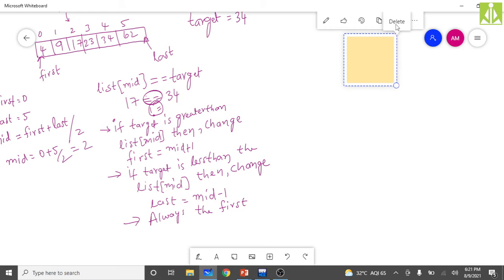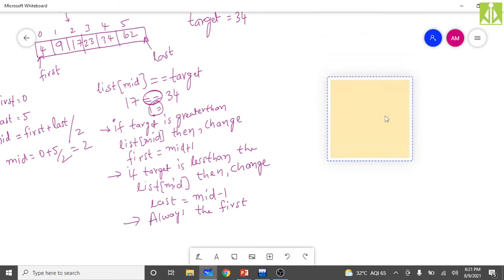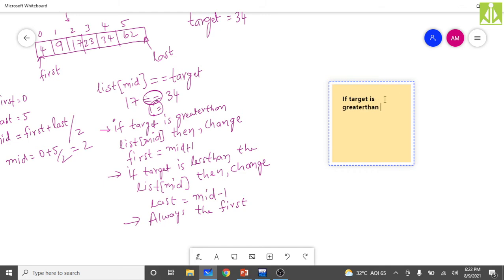This I need to delete. Okay, here it is coming. So I will write those cases over here. If target is greater than list of mid, then change first equals to mid plus 1.